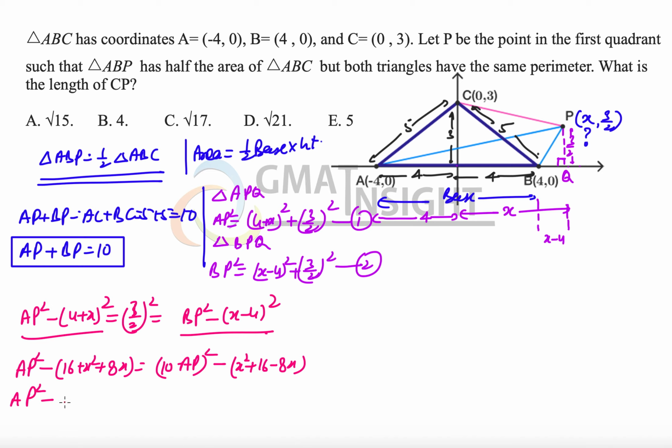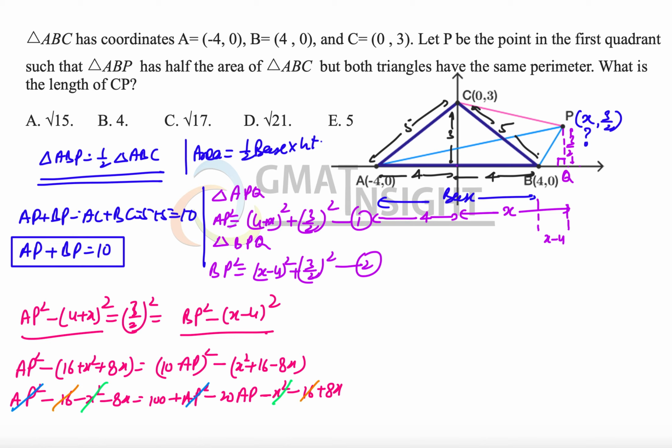That means AP square minus 16 minus x square minus 8x should be equal to 10 square, that is 100, plus AP square minus 20 times AP minus x square minus 16 plus 8x. Now let's see what all can be cancelled out. So x square can be cancelled out like this. Similarly, AP square can be cancelled out like this because that is common. And similarly, one more thing I can see can be cancelled out, and that is 16, minus 16 on the